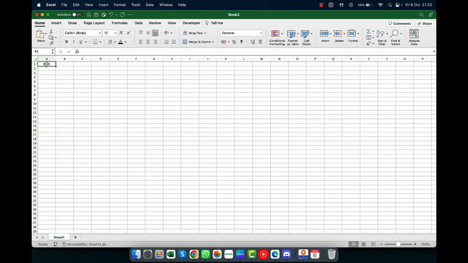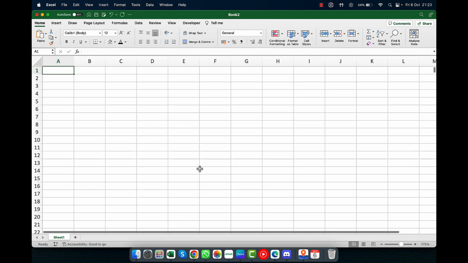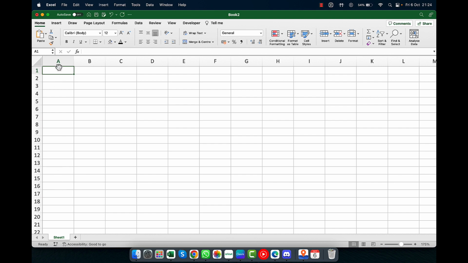Here I'm going to show you a very neat trick to fill 100,000 cells in just a few seconds. So what I'm going to show you how to do is to enter the numbers 1 through 100,000 in the left column right here. This is a very important thing to learn if you have to on a regular basis